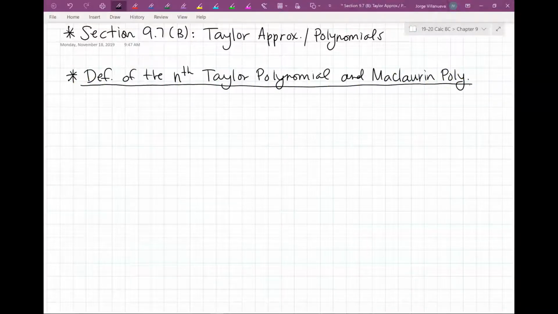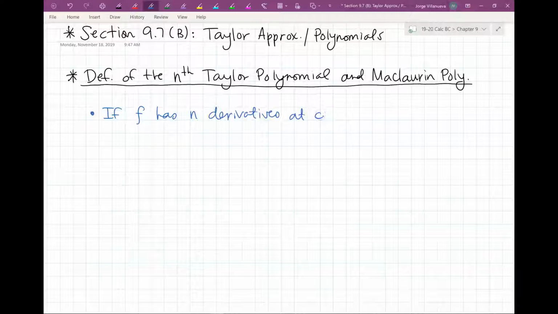You'll notice the Maclaurin is basically the same idea, just that if it's centered at 0, we call it a Maclaurin. If it's not centered at 0, then it's called a Taylor. Okay, so the definition looks like this. If f has n derivatives at c, then the polynomial